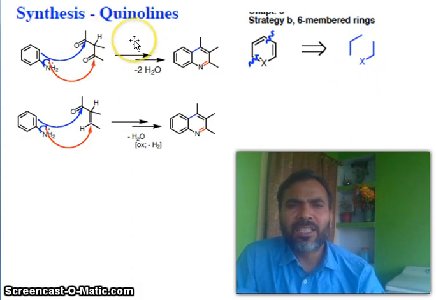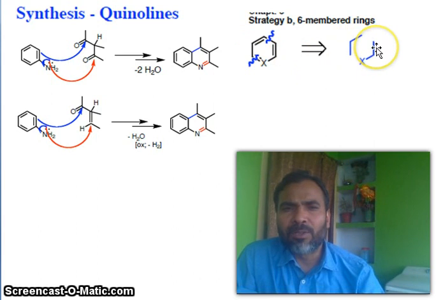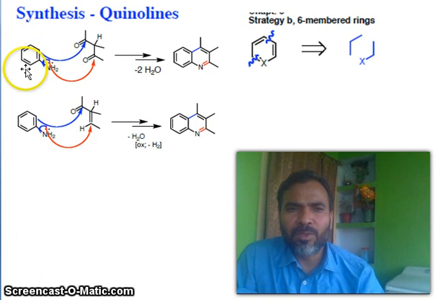Now, synthesis of quinoline: how you design the strategies for the synthesis of quinoline. You see the aniline, and here is also aniline. I just change these substrates. So what will happen? Come to these points. Here is the 1, 2, 3, and here is the 1, 2, 3. Here 1, 2, 3 carbon will approach 1, 2, 3 carbon, and the 1, 2, 3 center nitrogen carbon is coming from aniline. And after removing water molecules and many step reactions, you will get this quinoline.